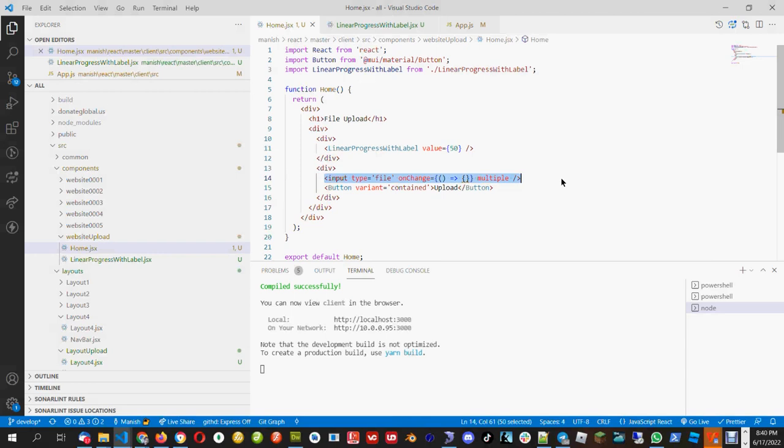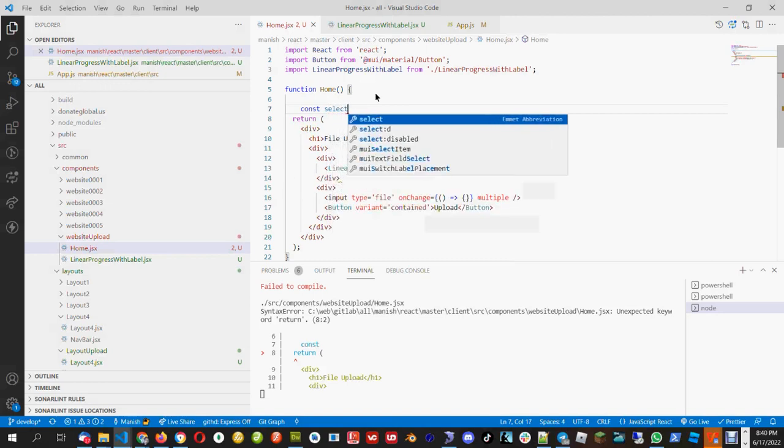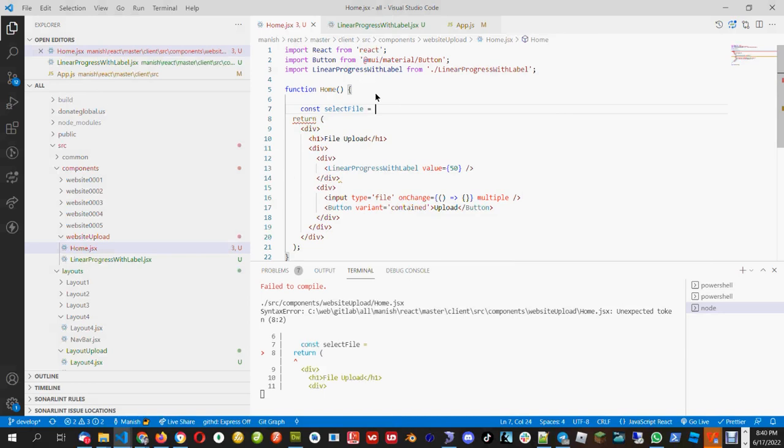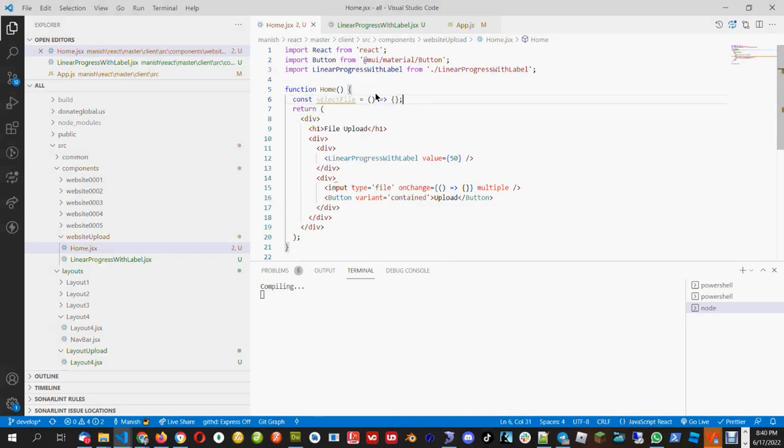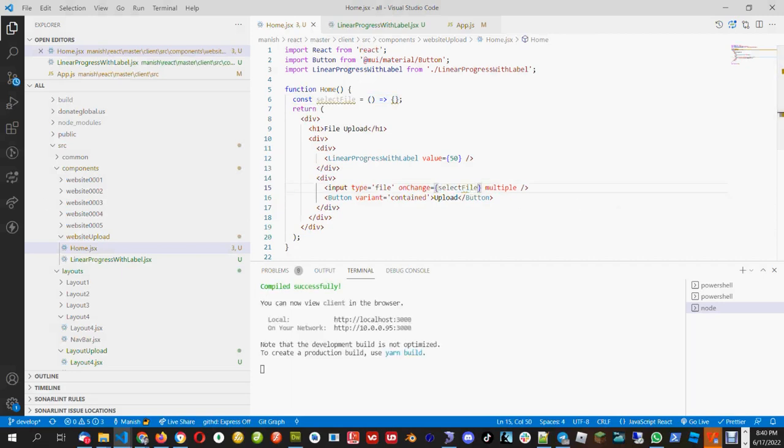So first thing is we need to take action on this part. So I'll create a function, maybe I will name it selectFile. The user is selecting the file. Okay, so this is the function I have to call when someone chooses the file. And then next will be